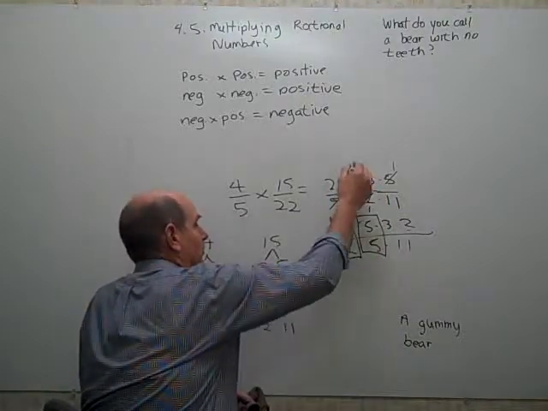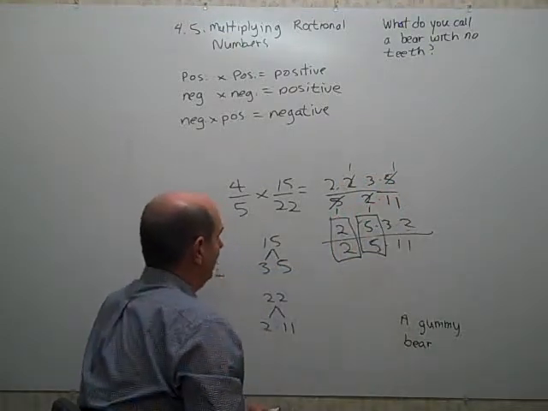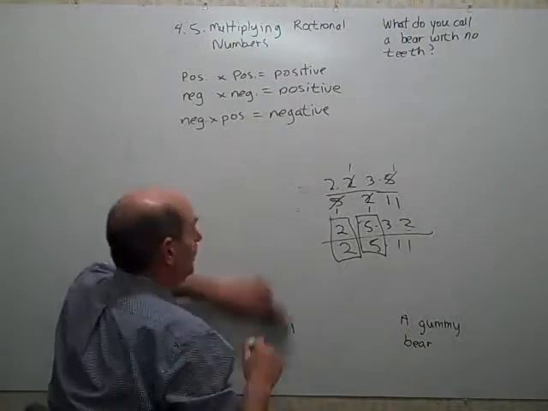And again, we get 2 times 1 times 3 is 6. 1 times 1 times 11 is 11. It's 6 over 11 either way I do it. Oh, I did want to show